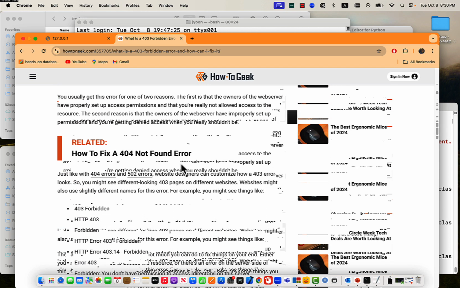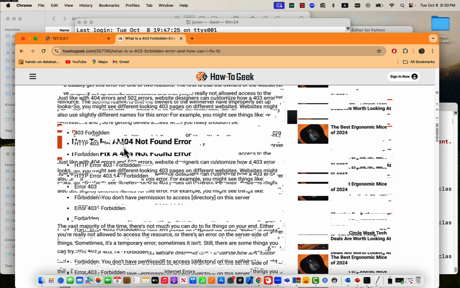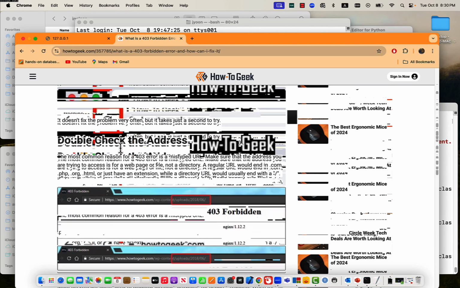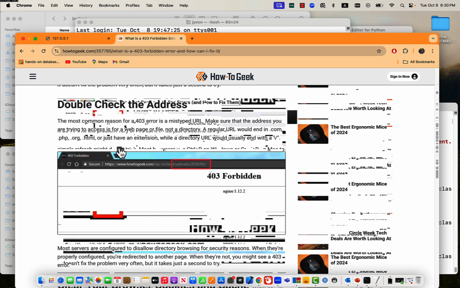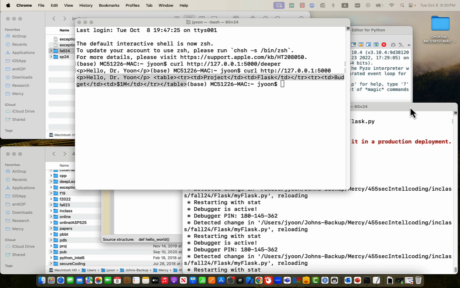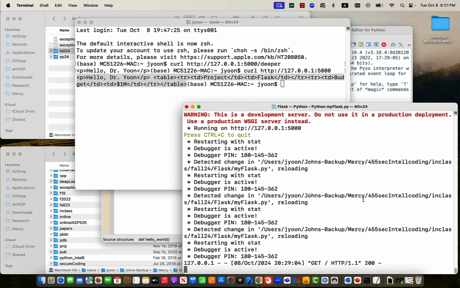How to fix. Just like for web designers can customize how the 403 error looks like, so you might see different. Refresh a page. Double click the address. We can, I want to